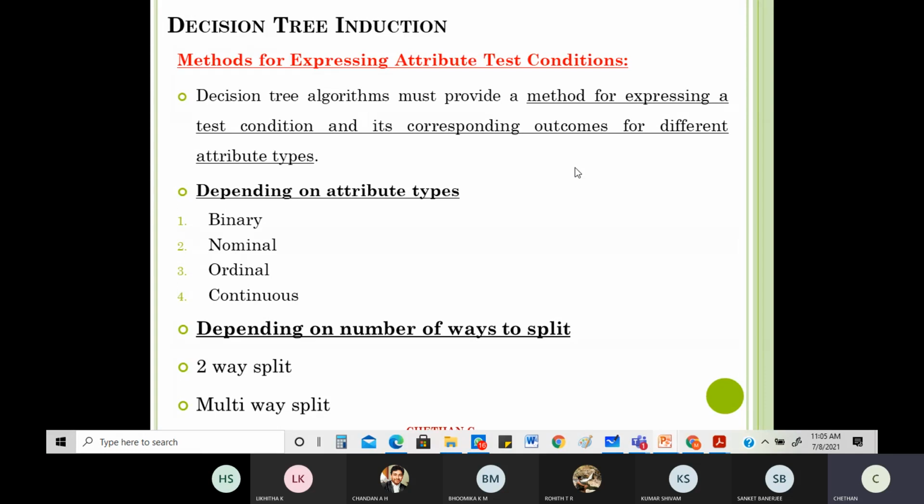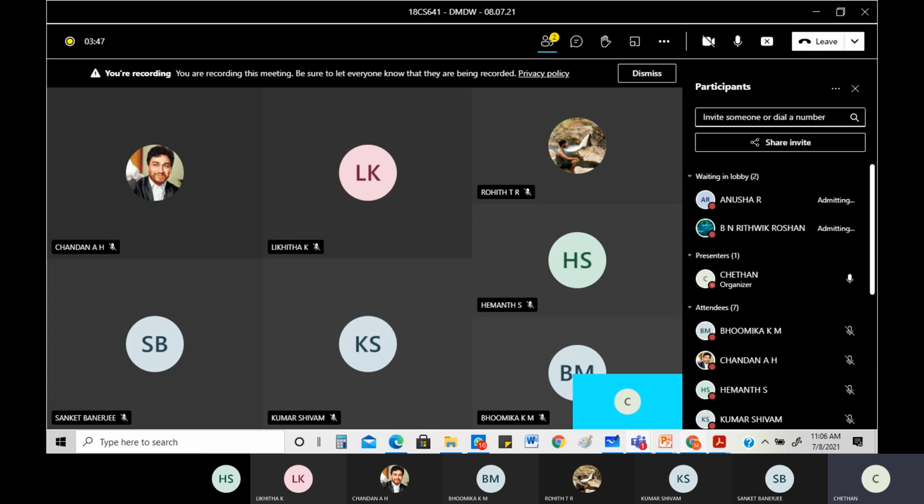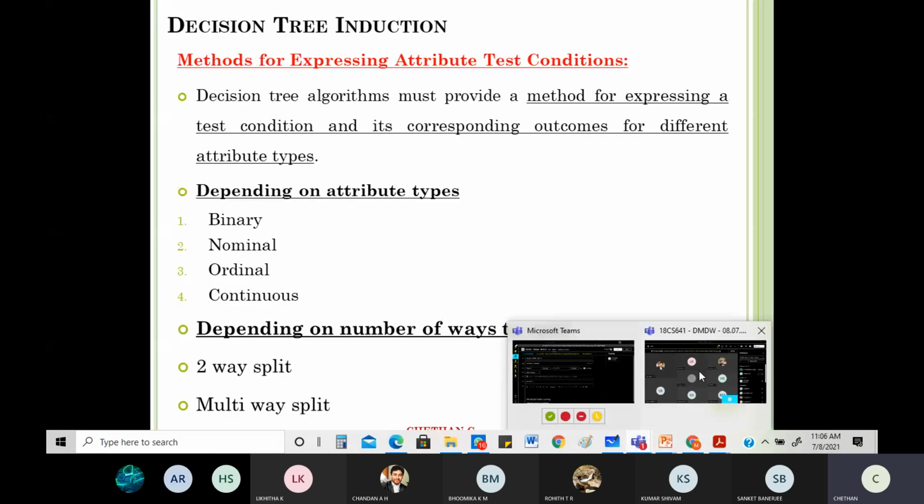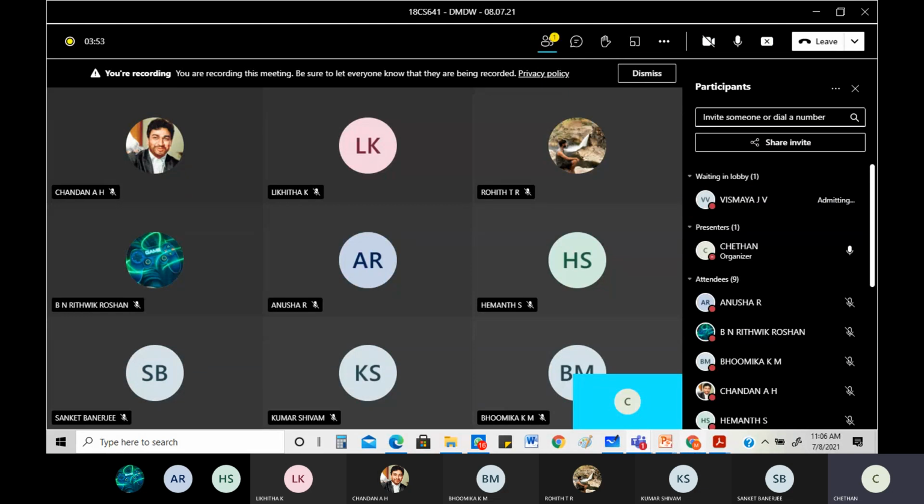We were talking about the methods for expressing the attribute test conditions. Based on what the test conditions can be done to, that is what we look for. Now you can see the very simple thing here: the decision tree algorithms provide a method of taking a decision, or in very simple words, a method of establishing